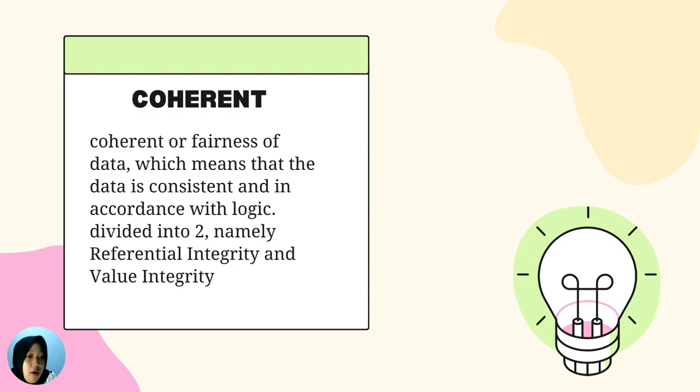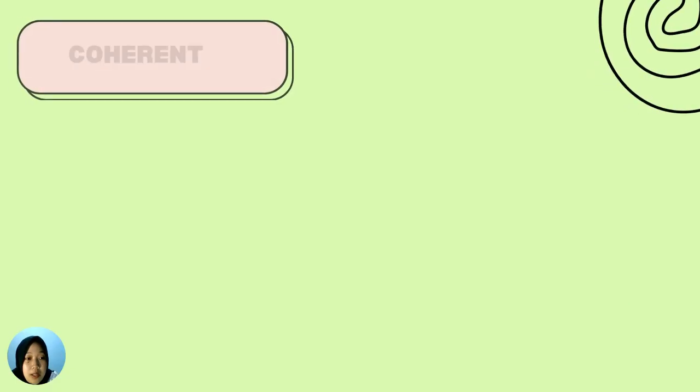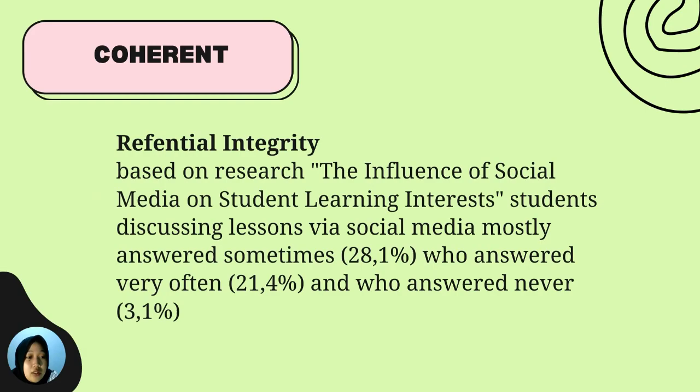Coherent or fairness of data, which means that the data is consistent and in accordance with logic. Divided into two, namely referential integrity and value integrity. For